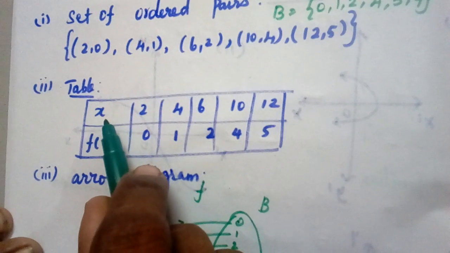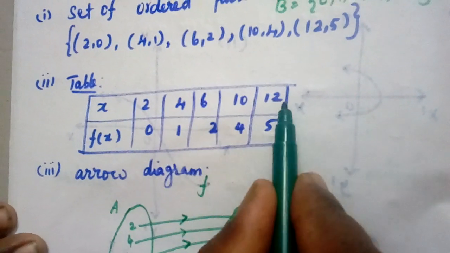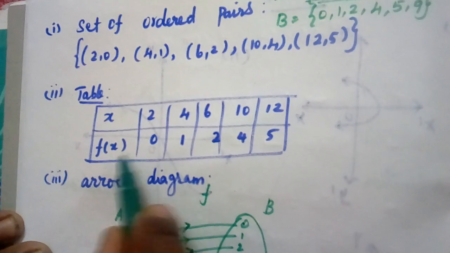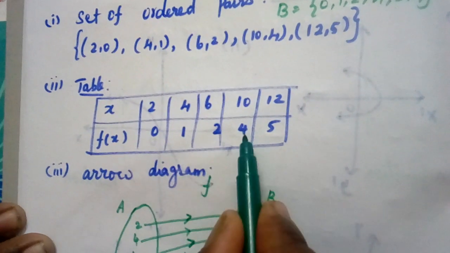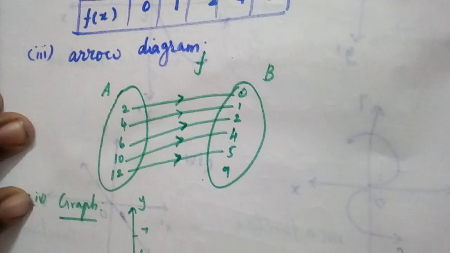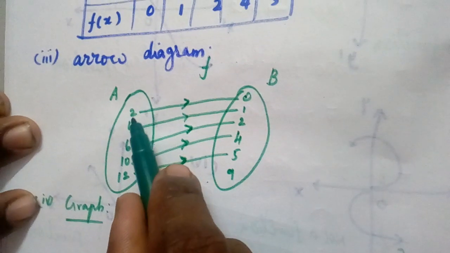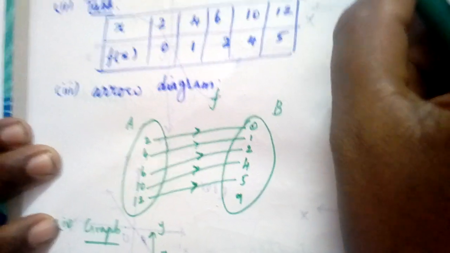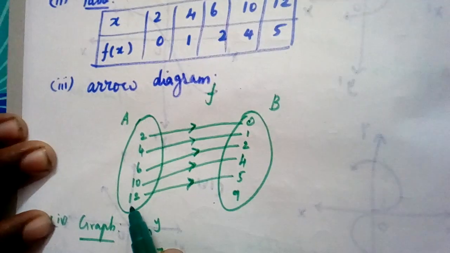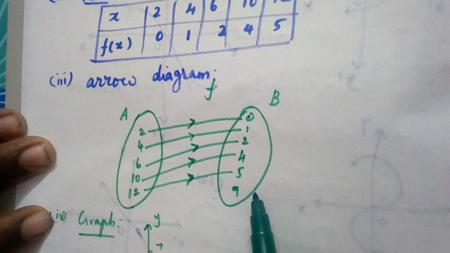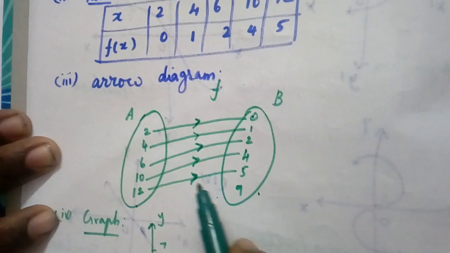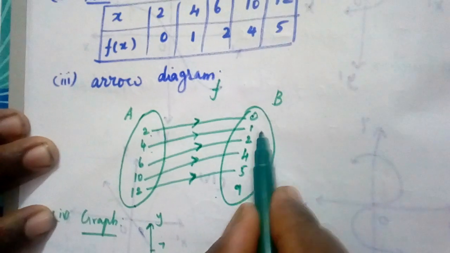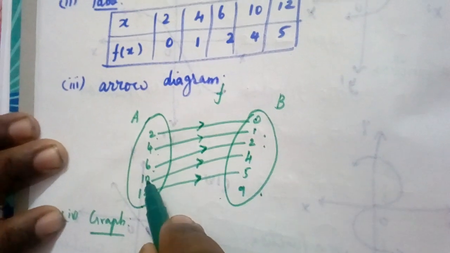Table. For x values: 2, 4, 6, 10, 12. That is the A value. The f of x values we found are 0, 1, 2, 4, 5. Arrow diagram. First set A is given 2, 4, 6, 10, 12 and set B 0, 1, 2, 4, 5, 9. You have to mention the set A values and set B values. Now the function we have to denote: 2 to 0, 4 to 1, 6 to 2, 10 to